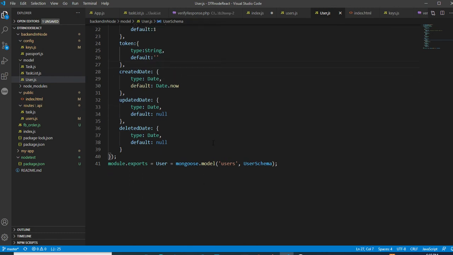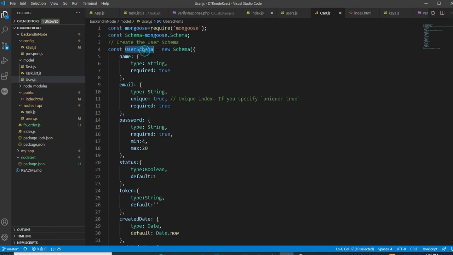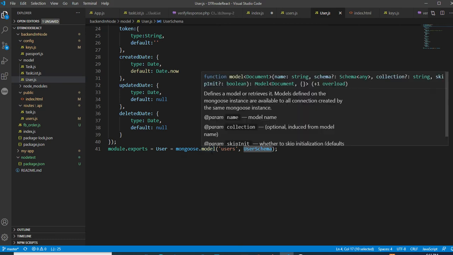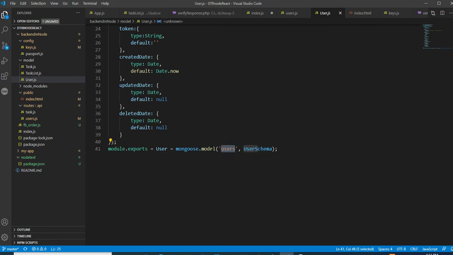And now after that you have noticed that user schema. So you have to use mongoose.model, model, and then here the users. It means that you can understand it as a user table initially. You understand this is a schema you have provided, all the schema you have provided, and this model method comes from the mongoose library.